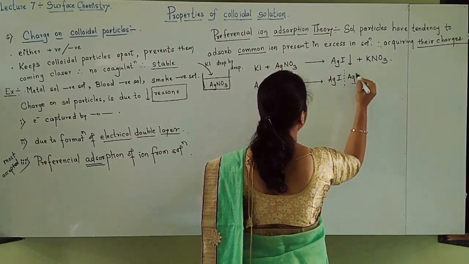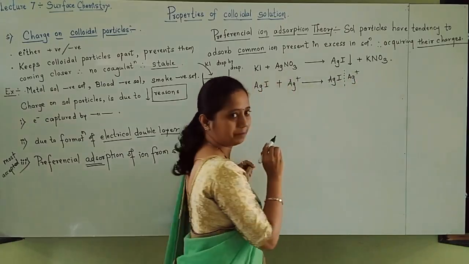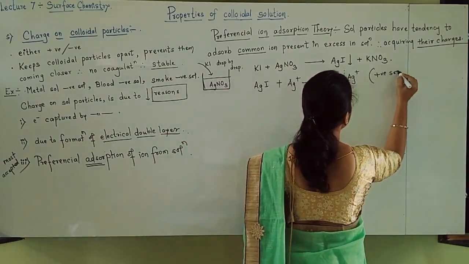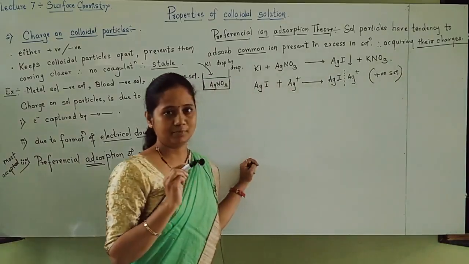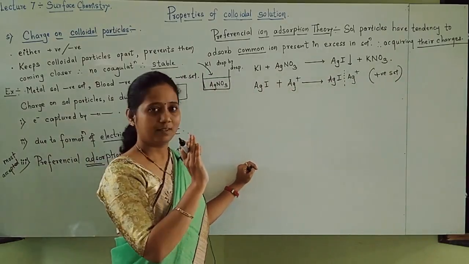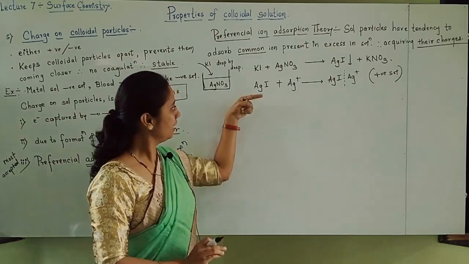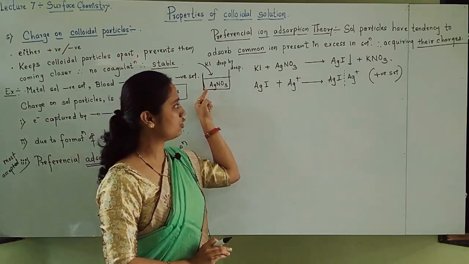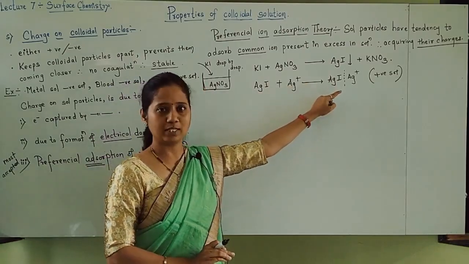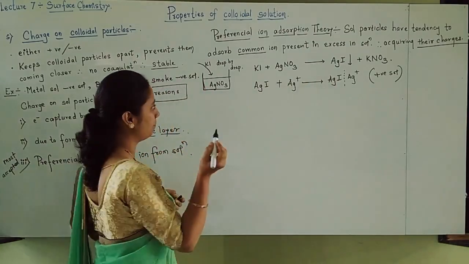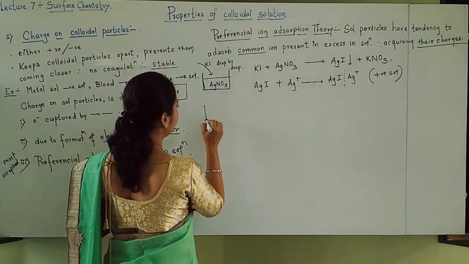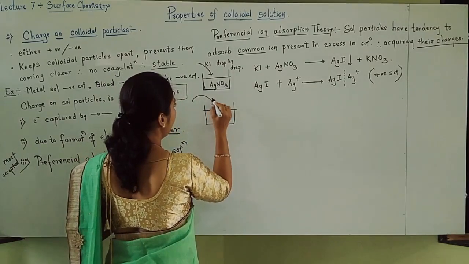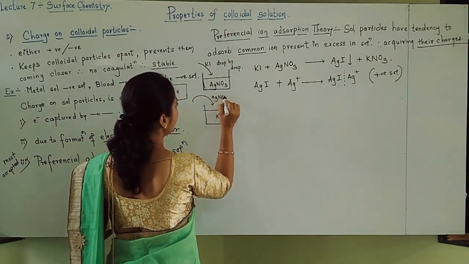On that I am showing Ag plus is adsorbed. And this is which type of sol, students? Positive sol forms. I hope you understood this example very well. It adsorbed the common ion present in the solution, so it was Ag plus, so a positive sol forms. Let us take one more example to make the concept very clear. Imagine now this time I have KI solution in the beaker and I am adding AgNO3 solution drop by drop.